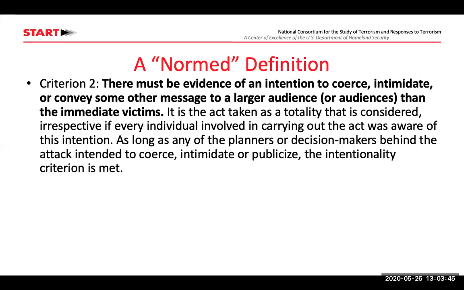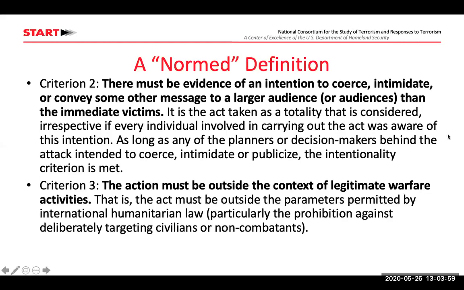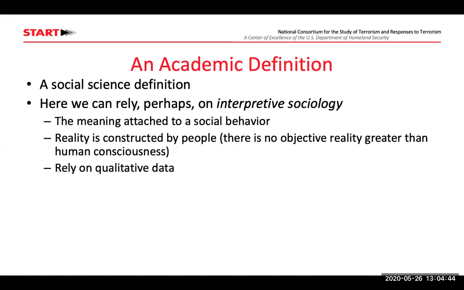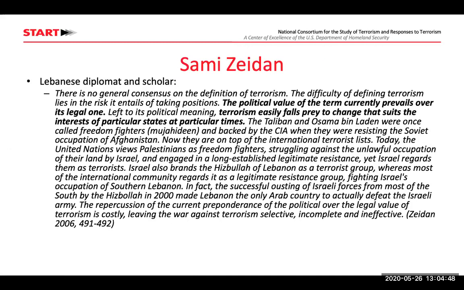This goes back to international human rights law and what Ben Saul was saying, that if you're targeting military targets, then you're potentially not a terrorist. And then it has to be outside of the context of legitimate warfare activities. If you're freedom fighters focused on military targets, and you are committing some sort of, dare I say, civil war, then that would be seen as legitimate, maybe frowned upon, but legitimate. It wouldn't be terrorism, but that's the difficulty of 1373, and this is where you get that disagreement that's really unhelpful